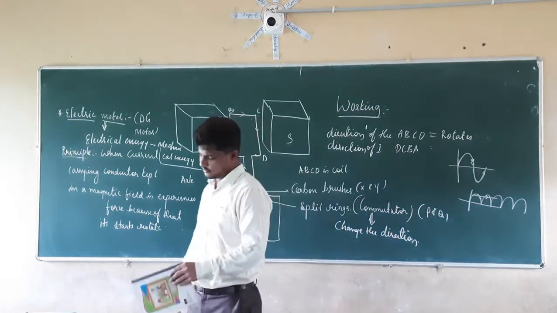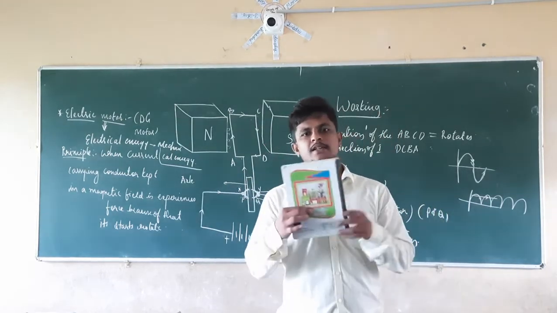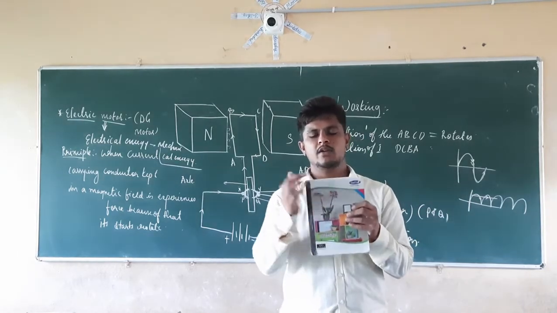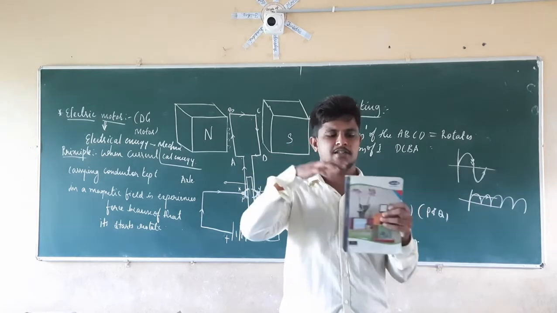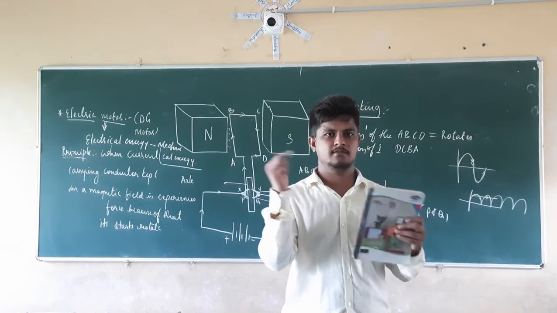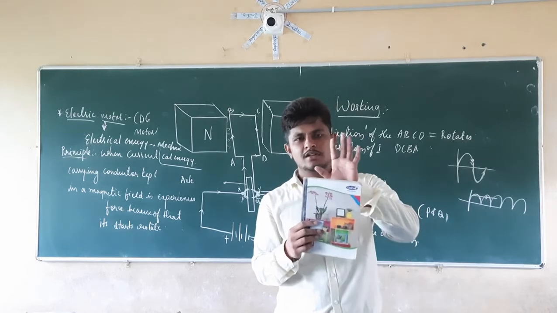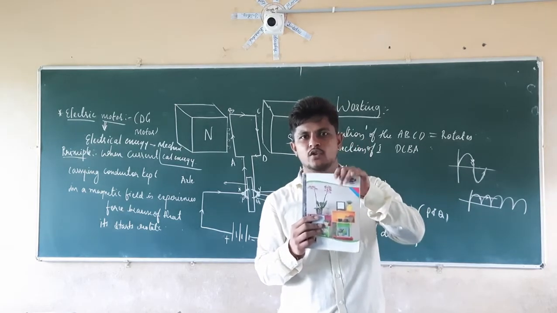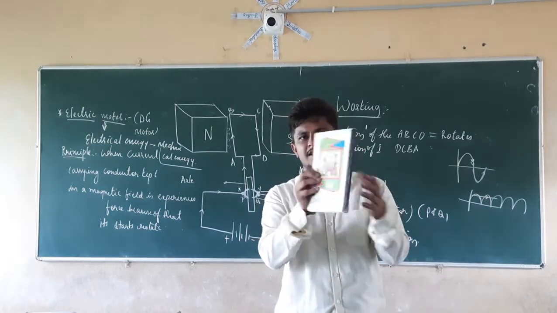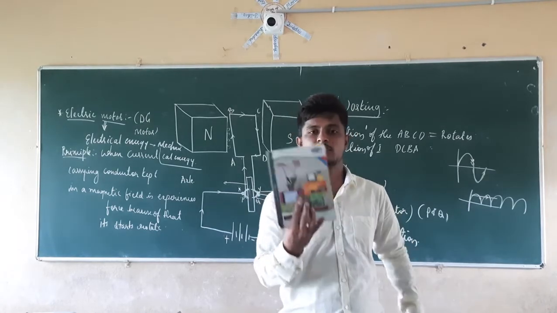Right. Now you may ask one question here. What is that question? See here, the direction of the current here is upward. But what will be the direction of the current here in this direction? It will be in the direction of the magnetic field. So, is it possible that here it is going to experience force? Because of experiencing force, it is going to rotate in this direction. See here, it is only rotating like this. Why is it not moving upward and downward? Why is it not like this?